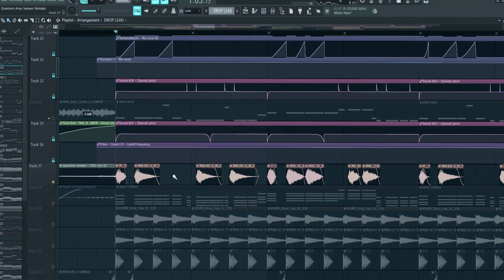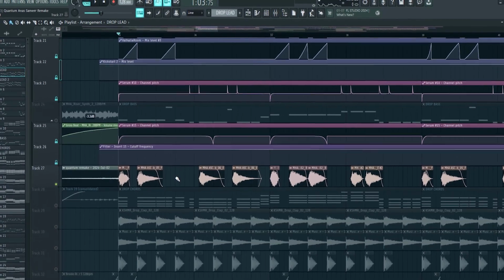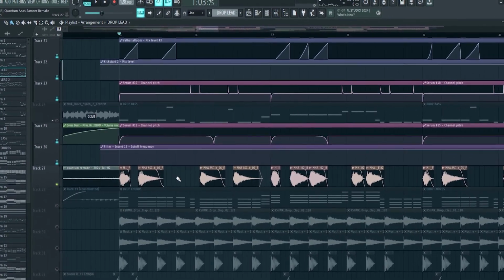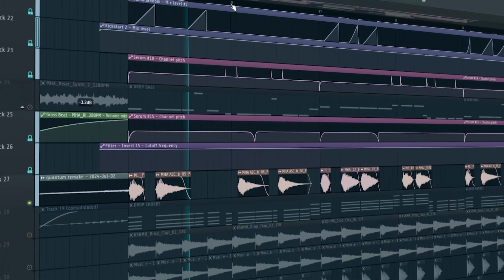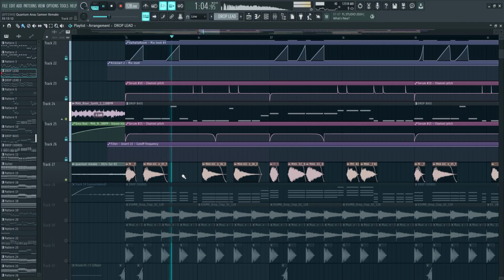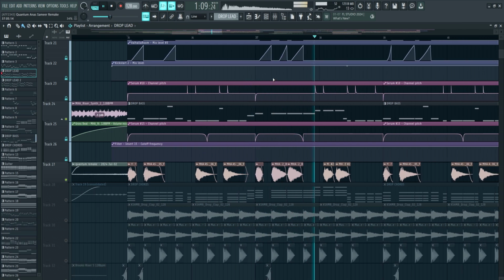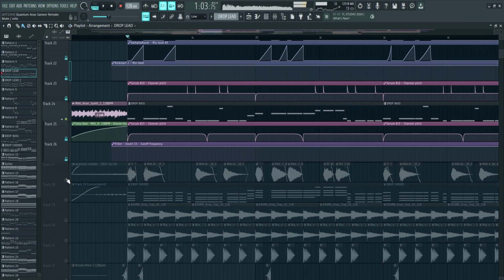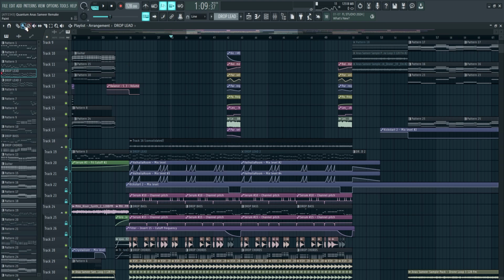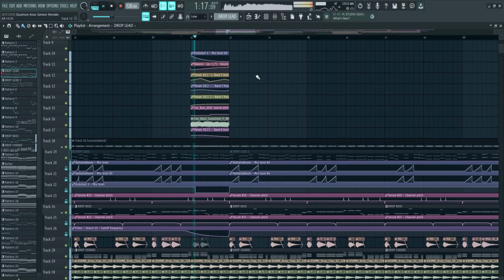I forgot to mention it, but if you are making a future house track like Brooks, then you should definitely add some brass stabs like this. So with the bass, it sounds like this. So that's all for the drop, and yeah, this transition drop element,